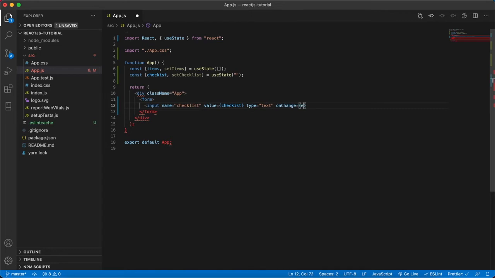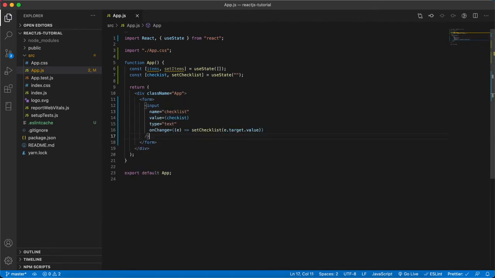onChange also, you have to take the event and pass event.target.value, similarly to what we did. Now we have added the input, and we have to add a form submit. On submit you have to add some function, that's what you're going to see here.